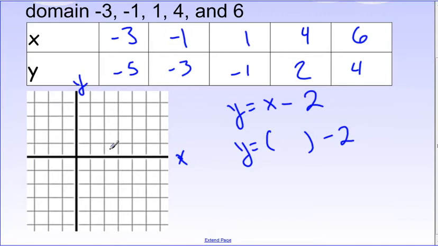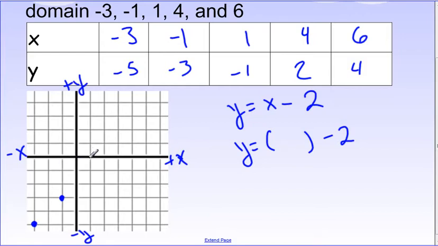So again, we got positive x, negative x, positive y, negative y. So we're going for negative 3, negative 5. So negative 3 in x, negative 5 in y. I think it's this one. Yeah. And then negative 1, negative 3,